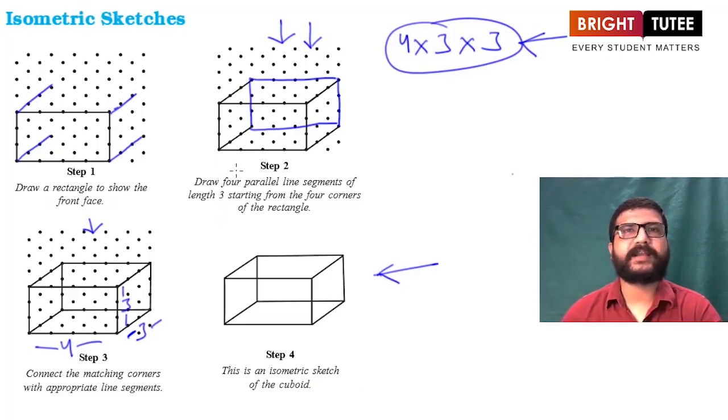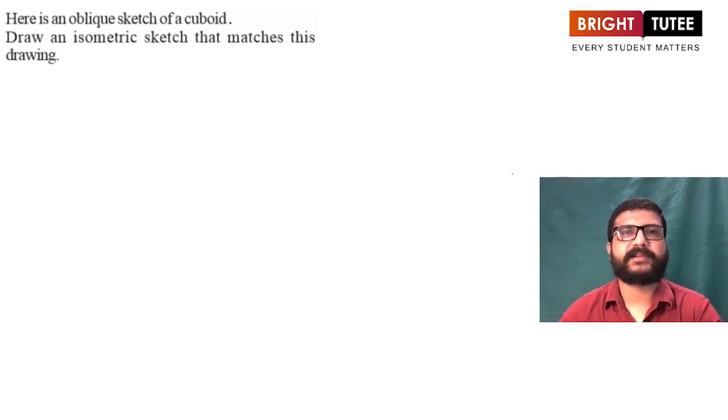So here we have discussed both the techniques of drawing 3D solid shapes on a 2D plain piece of paper. The first one was oblique sketches and the second one is isometric sketches. Now let's see few more examples on this. So till now we have observed that while drawing oblique sketches we do not take care of side lengths. But while drawing isometric sketches, we have to take care of side lengths as well. Side length should be appropriate. Now let's see one example.